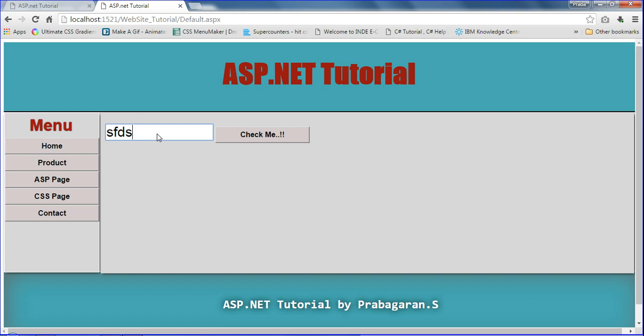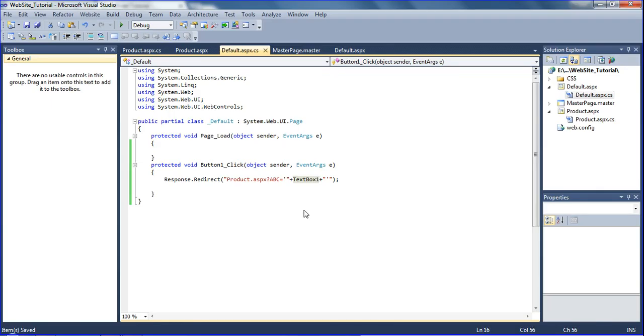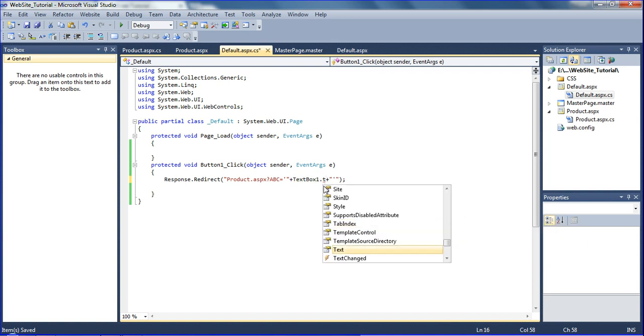Whenever I am typing here, this is a string, this is a name, these are characters. This is not a value, this is a text, so I want to pass this text only. So I should declare TextBox1.Text.